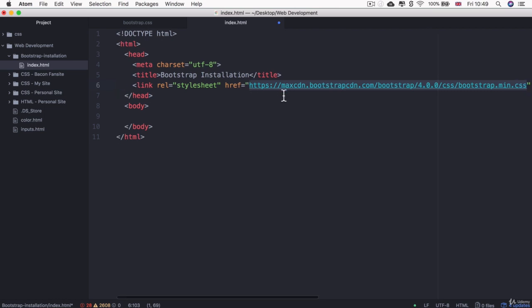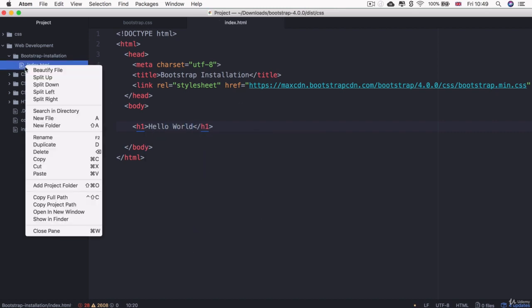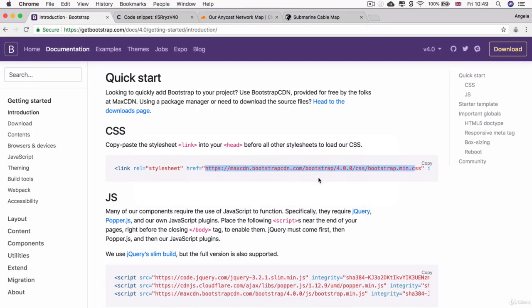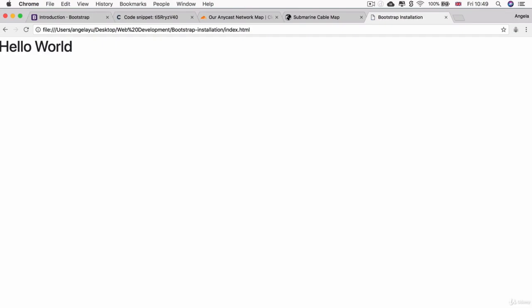So now this is one way of installing Bootstrap onto our website. And now if I go ahead and add an H1, for example, then you'll see that it gets styled using the Bootstrap framework. So let's copy the full path, go to our browser and paste this in. You can see that